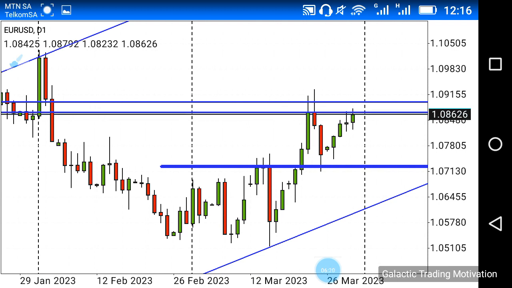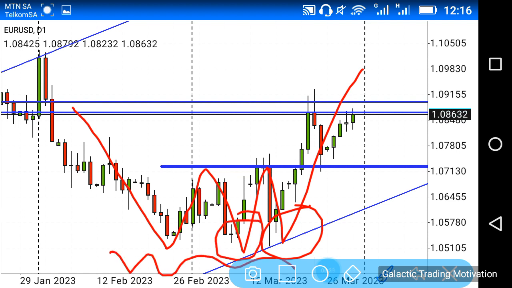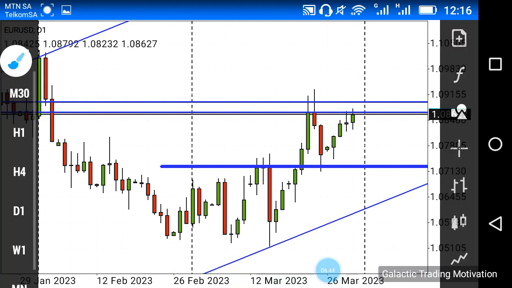However, before I do so, I just want to remind you also that, remember guys, whenever we have these triple bottoms, a lot of traders and investors usually buy on the third leg as well as on the second leg of the structure, and they place their stop losses below. So there's a lot of money stuck here, and it would actually make sense for price to come back to grab all of those stop losses that are sitting at that level. Just keep that in the back of your mind as we go along. Anyway, let's go down to the H4 chart,